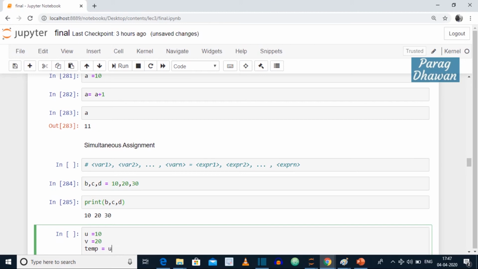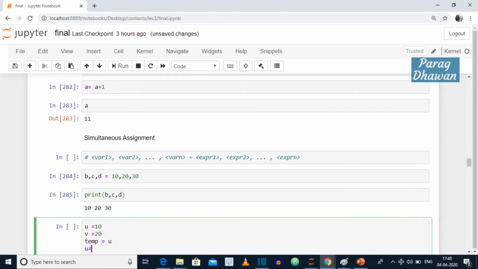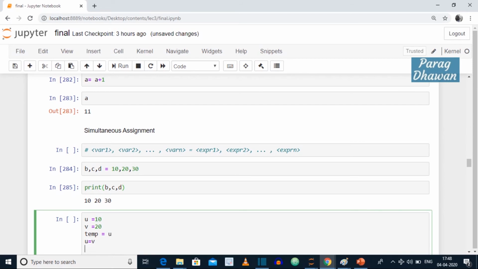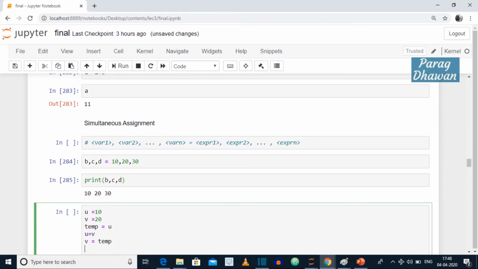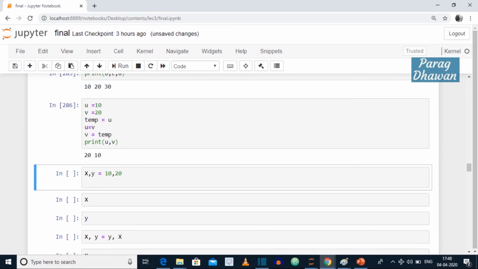So temp is equal to u means 10 is stored in temp. Then u is equal to v, I am assigning 20 to u, and v is equal to temp. This means we have exchanged the values of u and v. Now u is 20 and v is 10. We are printing the values of u and v now. u, v. If you run this cell, you get the output 20 10.